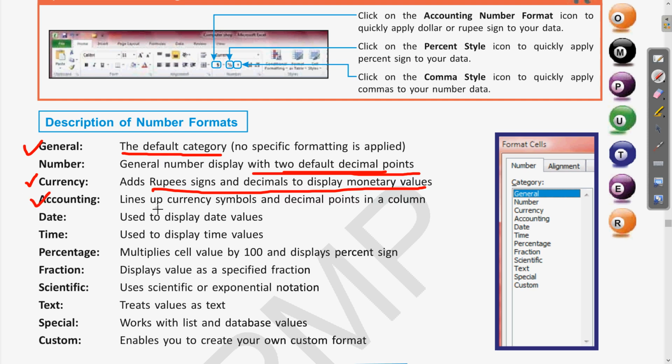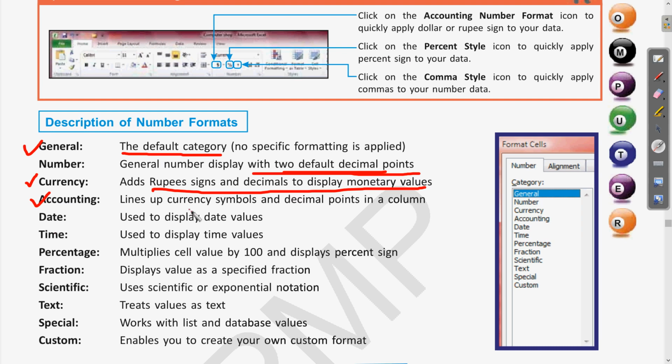Accounting lines up the currency symbol and decimal points in a column. Clear? So it is also similar, for financial data, if we have the currency symbol and want to use the decimal points along with it, we can use accounting.